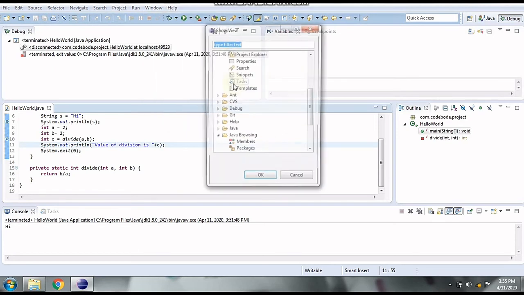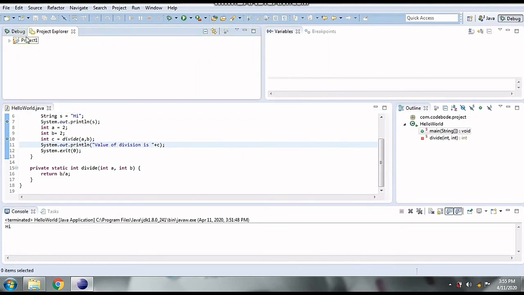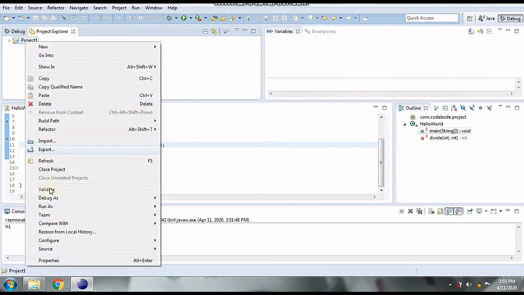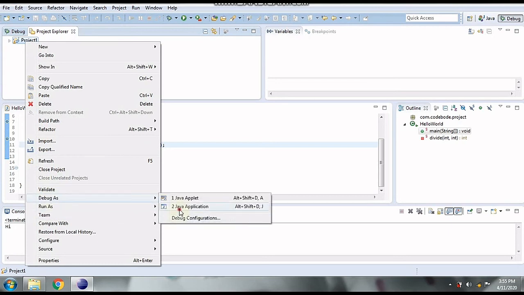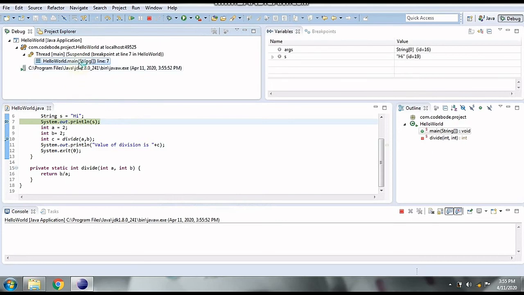So here I'm not able to see the project explorer, so I'm just going to open it from the View menu and then right click, Debug As Java Application. So you can see the debugger is at line 7 right now and the value of S is here. I'm simply going to go to the next line. Okay, at A, the hi is printed now. Now I want to jump to the next debugger point. So F6 is for next line, but to jump to the next debugger point, I'm going to say resume, that is F8, and it has directly jumped to the next debugging point.